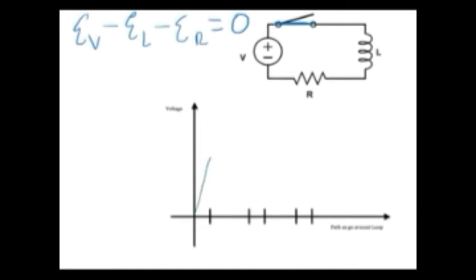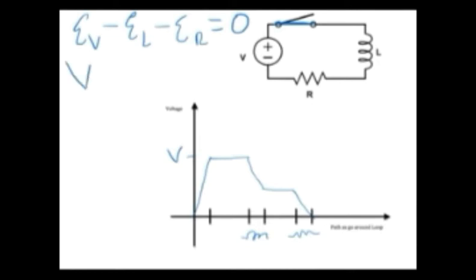The power supply is going to bring it up to some voltage V, and we consider the wire as having 0 resistance, so that goes along with no loss of voltage, and then it comes to the inductor. Across the inductor there is a voltage drop, and then here we have the resistor and we get the remaining voltage drop. I know that this has to come to 0 because we started at 0, and this is a path around the loop, and we are right back where we started.